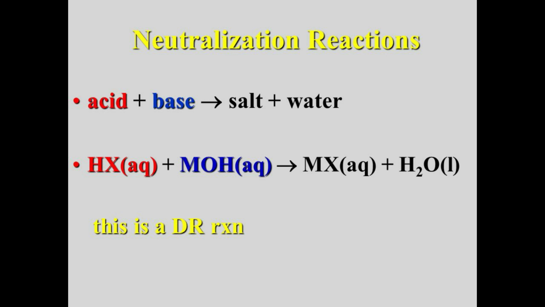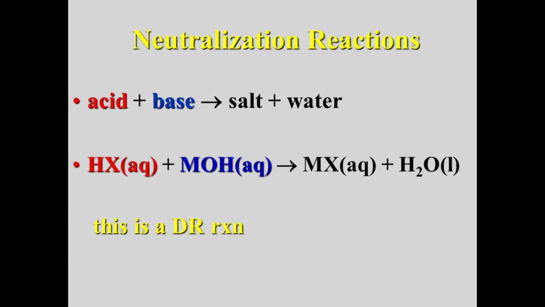Or we can also say that an acid is usually represented as HX, H being the hydrogen and X being any other element. Remember, the H is important. H is what makes it an acid. So to represent acid in general, it is HX. Then we have a base which is represented as MOH. M can be any element, but OH has to be present.